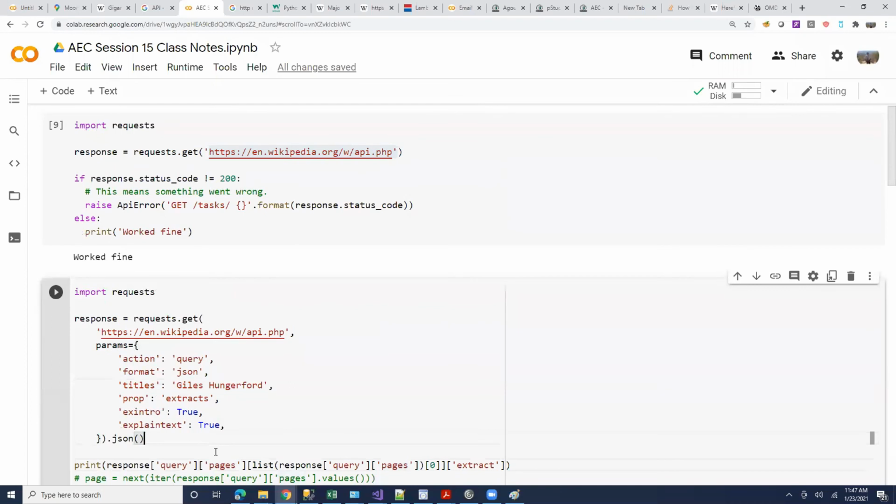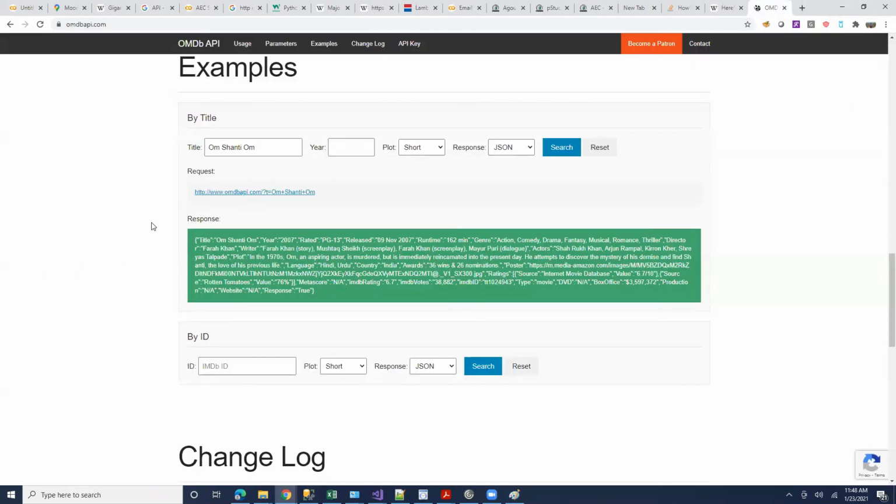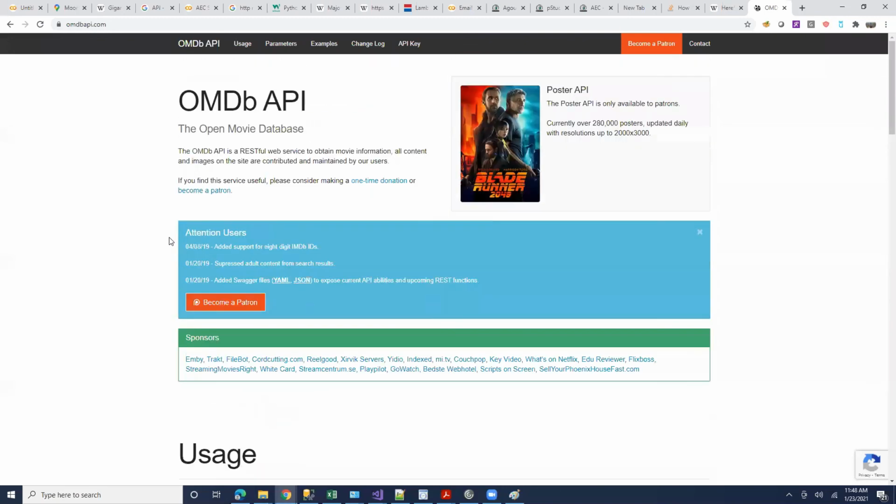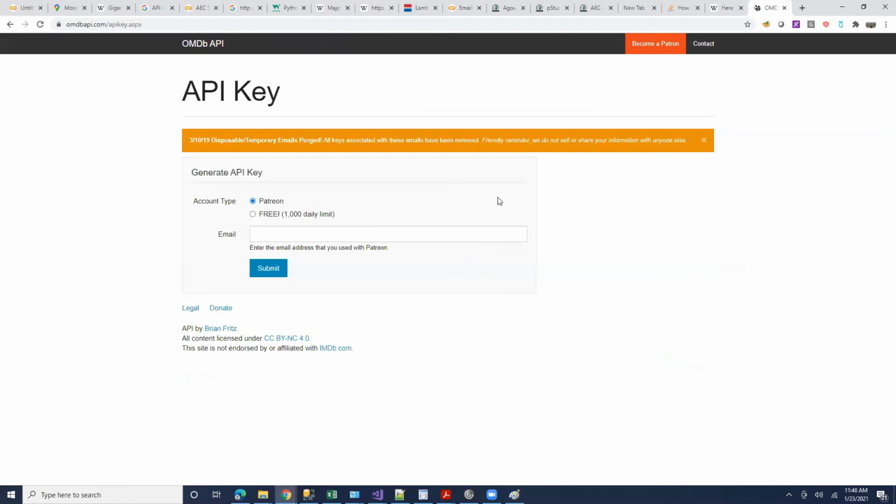So continuing on, most websites won't let you access so openly, right? Most websites have some credentials that they want you to provide if you want to access them. And one common way most websites keep track of who is trying to fetch requests is by specifying something called API keys.